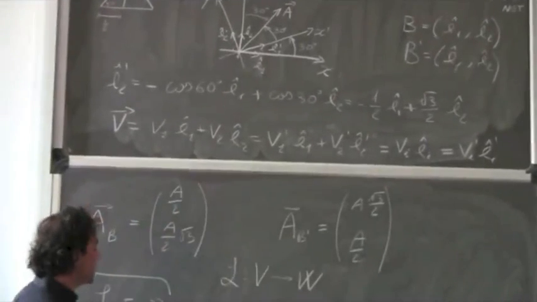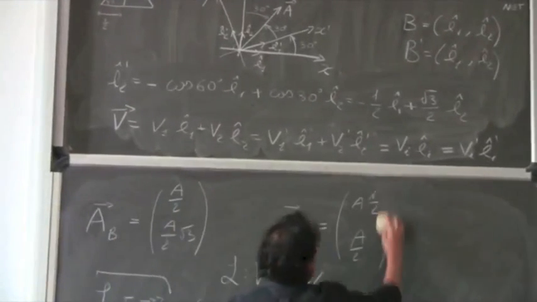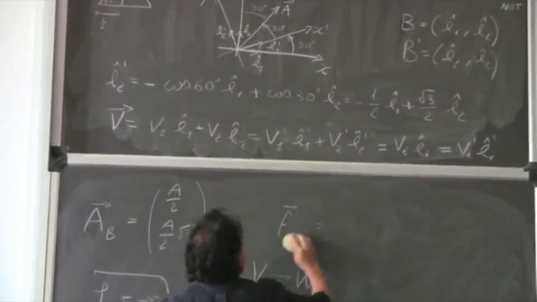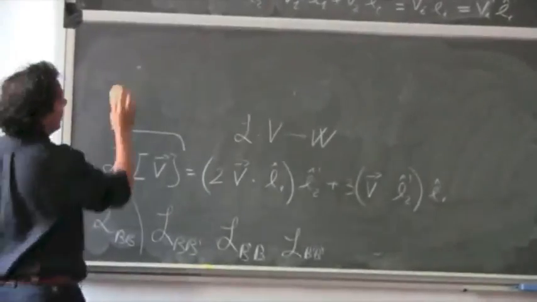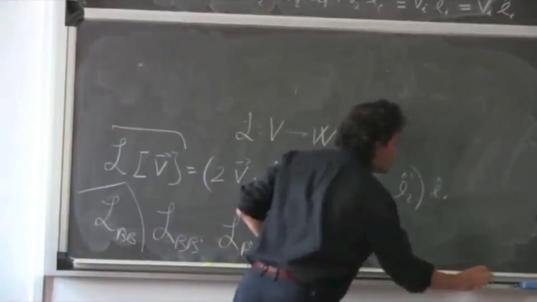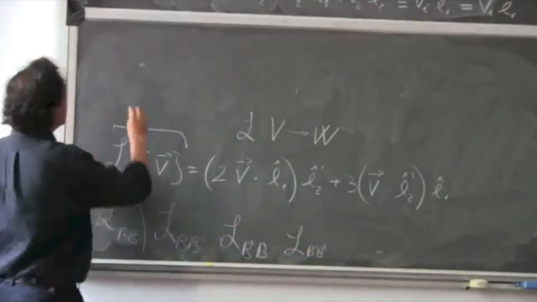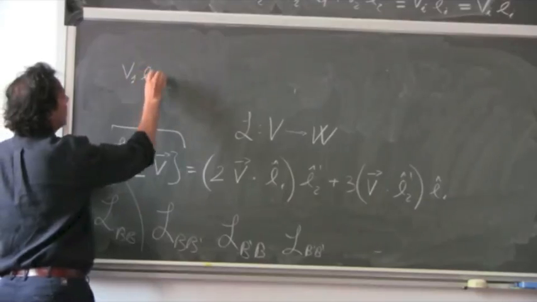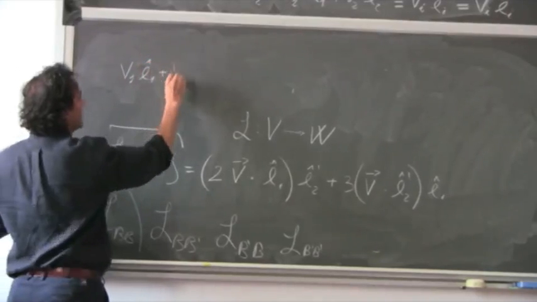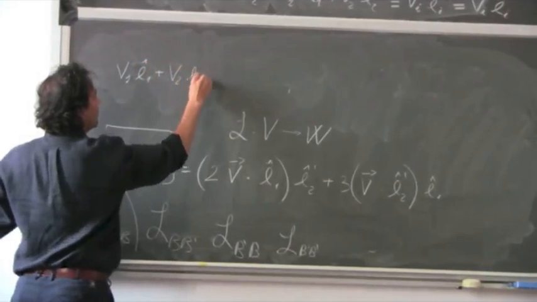What is V scalar E1? It is V1, not V prime. V scalar E1 is V1 E1 plus V2 E2